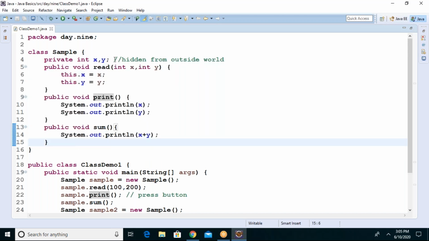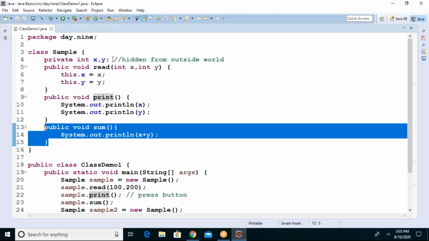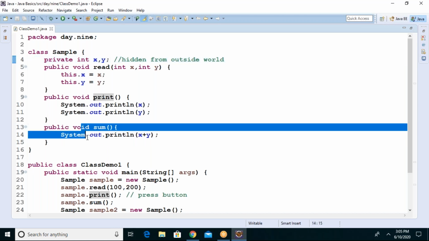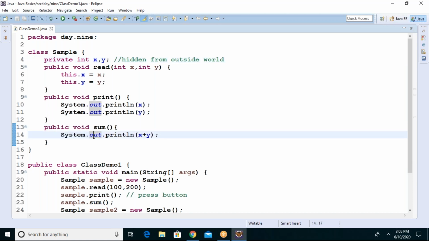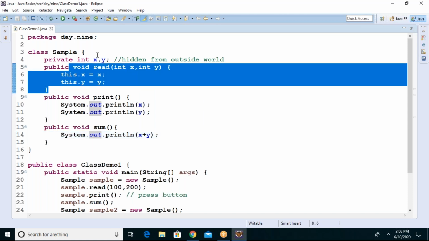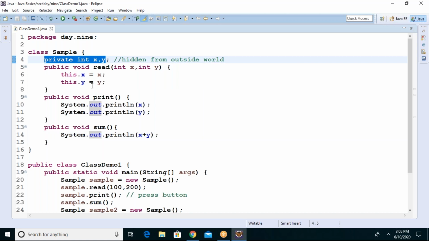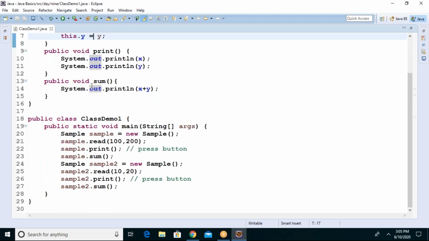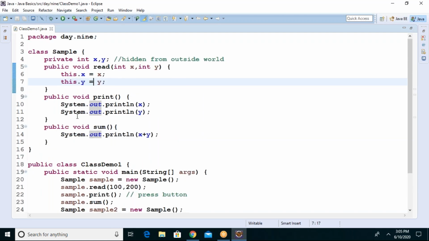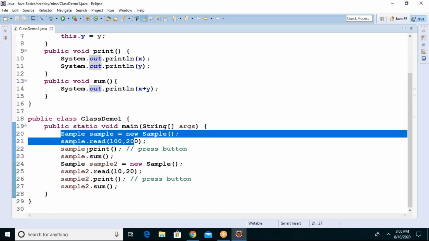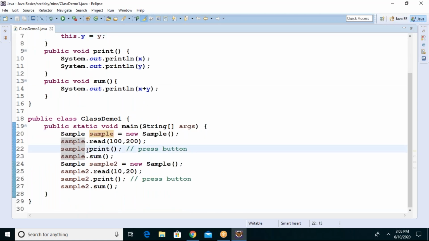If you want to perform any action or operation on your data, there must be a method, a public method. If you think about any operation like sum, subtraction, or in a bank program deposit, withdraw, you must write a method to access the data and perform operations. So this is the basic fundamental of a class: variables, methods, then create an object for the class, then call the methods. Finish. That's the process of the class, guys.